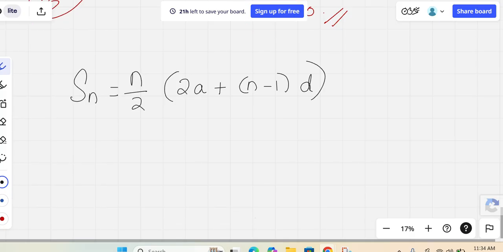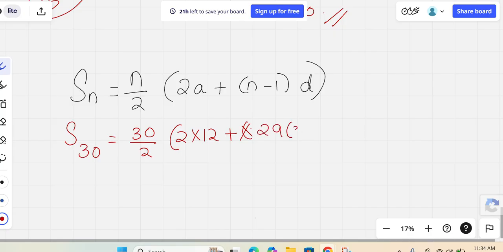So for our previous question, what will it become? There are 30 numbers. We are going to find the sum of 30. So this will be 30 by 2, and 2 into 12 plus n is 30, so it will become 29 into 3. Correct? Then S30 equal to 15 into 24 plus